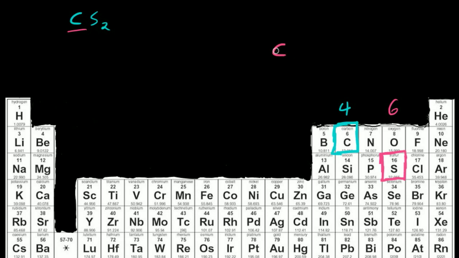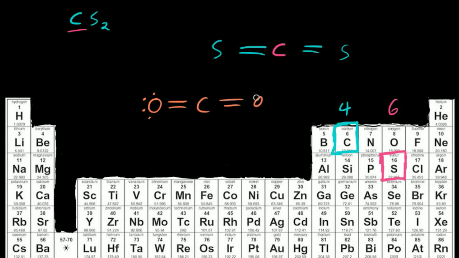And then we're going to have our sulfur atoms on either side, because carbon is going to be in the middle. And what kind of bonds are we going to form? Well, we're going to form double bonds with our sulfur. So this is going to be our geometry for this molecule. It's going to be very similar to the geometry for carbon dioxide, right? Because sulfur has the same valence electron configuration as oxygen. And hopefully you've seen what the structure is for carbon dioxide,